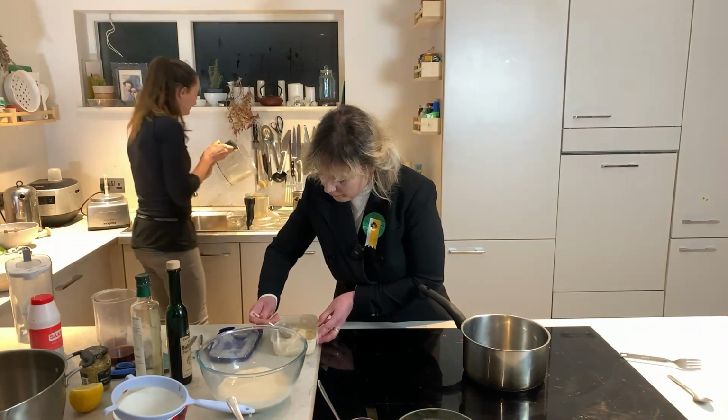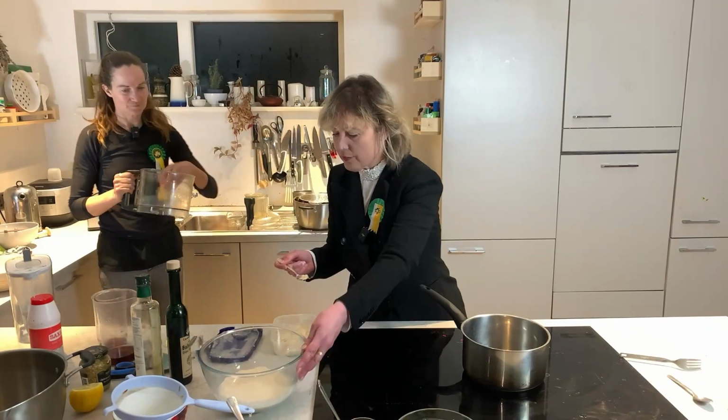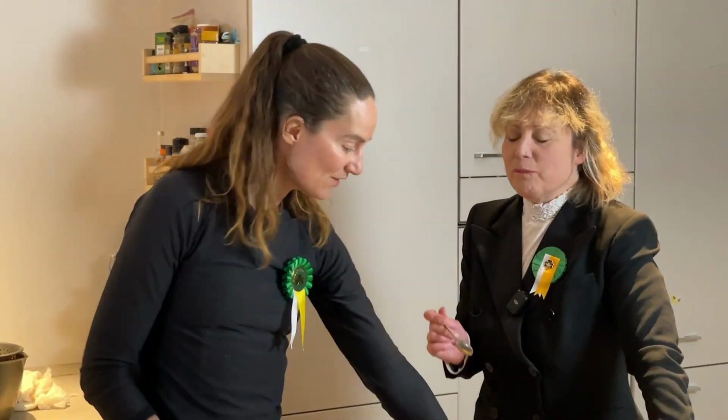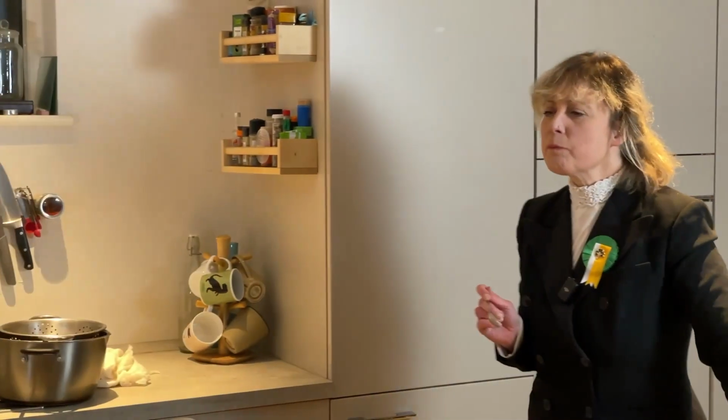So this is, if we had time, the stuff that we just made. We just put it in the freezer. Take it out. Isn't that gorgeous? Now you can make it even creamier, because it's crystallizing a little bit, because I am not fancy enough to have an ice cream maker. So what I do is...